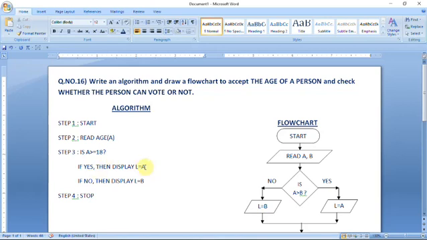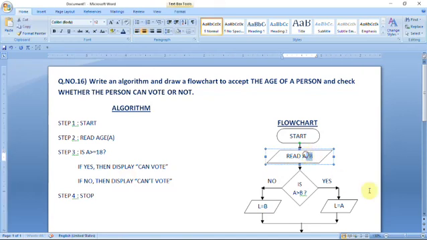If yes, then the person can vote, so display can vote. If no, if the condition is not satisfied, it means the age is less than 18, then the person cannot vote. So you have to write can't vote. It means if the condition is true, then this statement will be executed. Same thing, you have to write read A, and next